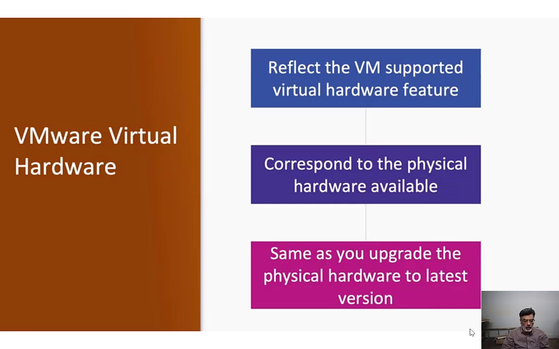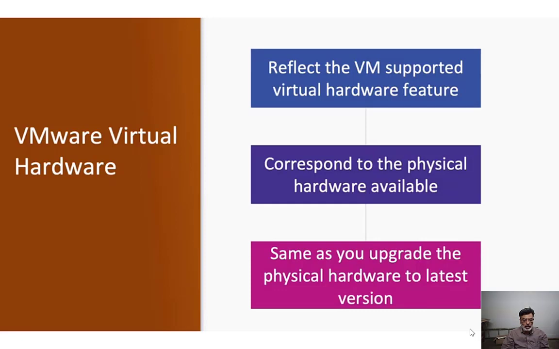For example, in your PC you have a USB 2.0. If you insert your USB 2.0 into your host machine, the host machine reflects this USB on your guest machine as a USB 2.0. But if you purchase a new version of USB like 3.0 and access it from your guest, it will